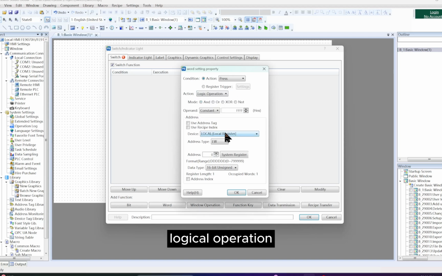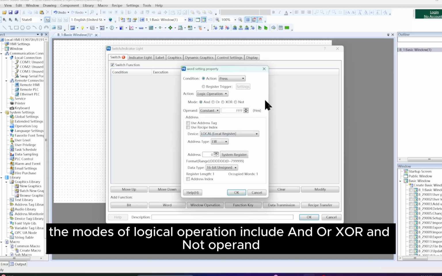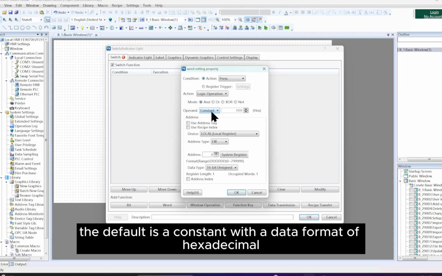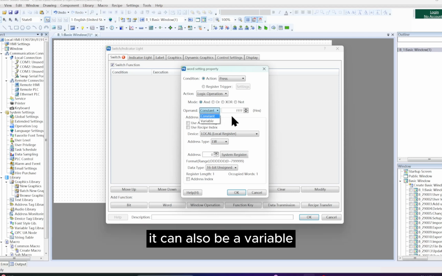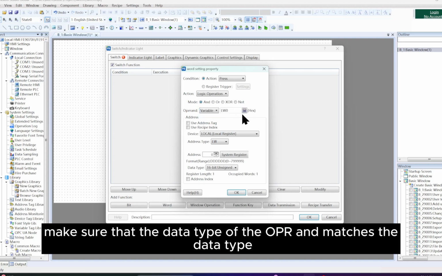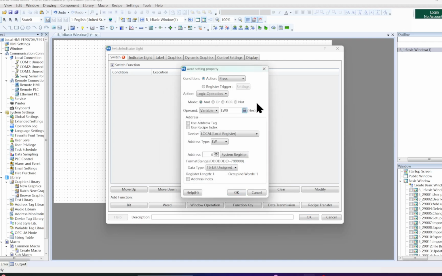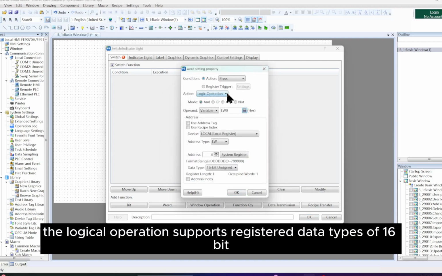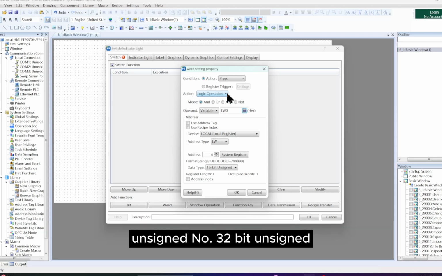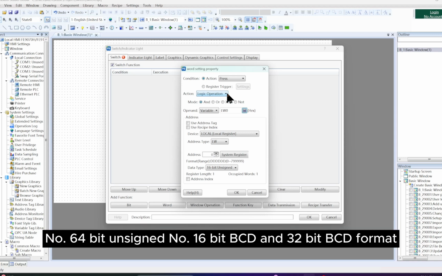Logical operation. The modes of logical operation include AND, OR, XOR, and NOT. Operand. The default is a constant with a data format of hexadecimal. It can also be a variable, but when selecting a variable, make sure that the data type of the operand matches the data type of the specified register address. The logical operation supports register data types of 16-bit unsigned number, 32-bit unsigned number, 64-bit unsigned number, 16-bit BCD, and